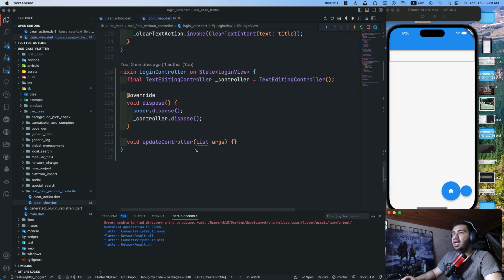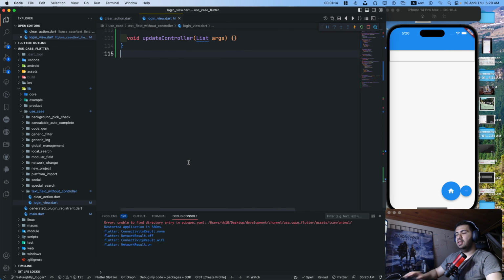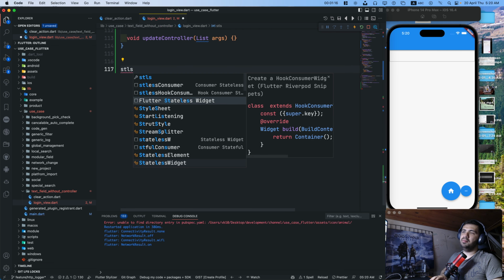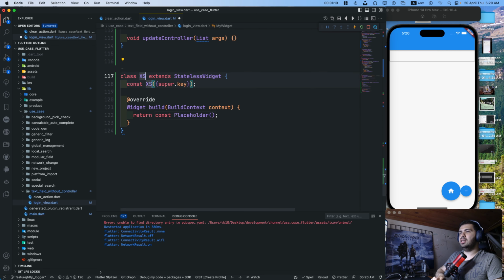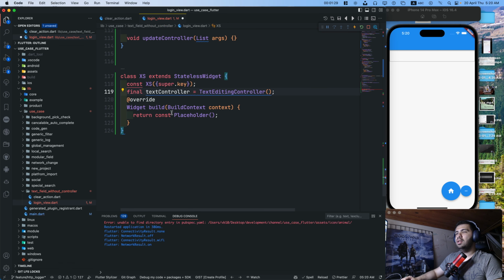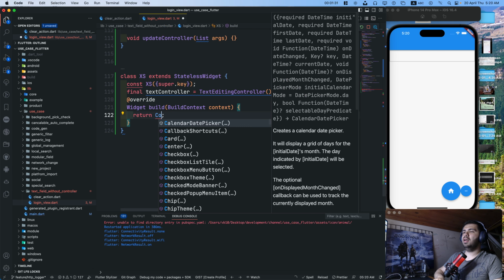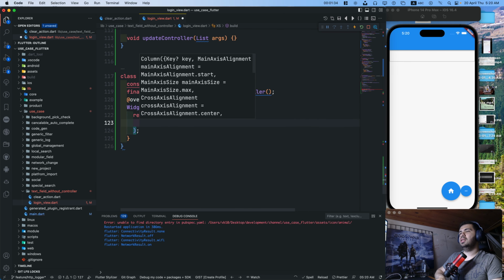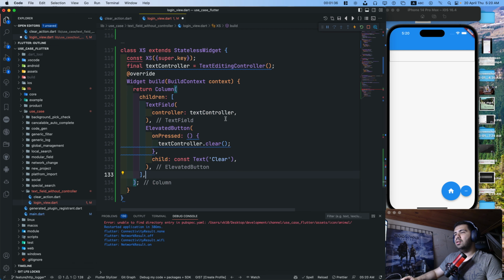This logic is going to be created like this, for example in a simple widget, doesn't matter. It's going to create a controller firstly. Everyone maybe does that. Create this text editing controller and some button, like an elevated button, doesn't matter. And if the user presses this button, it's cleared. It's okay. But